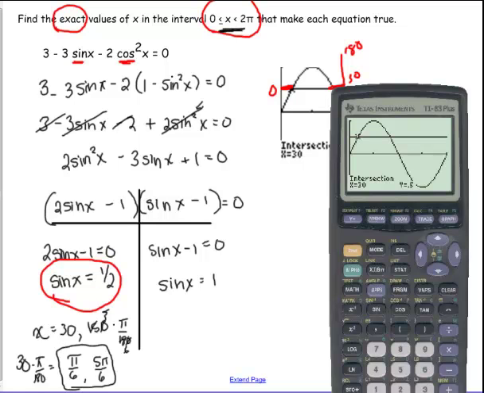All right, let's come to the other side. Where does my sine wave hit 1? Here's my sine wave. And it only hits 1 once. Right here at 90. Convert that to radians. And there are my